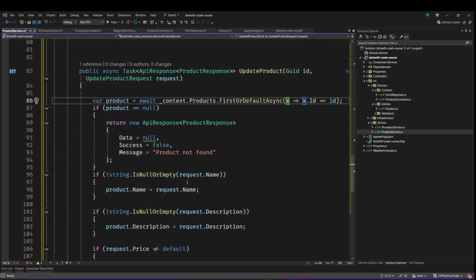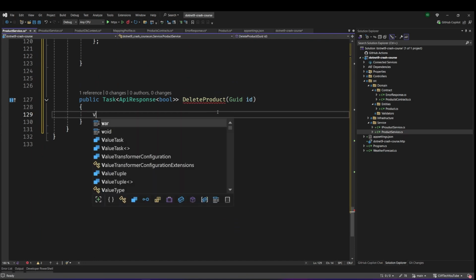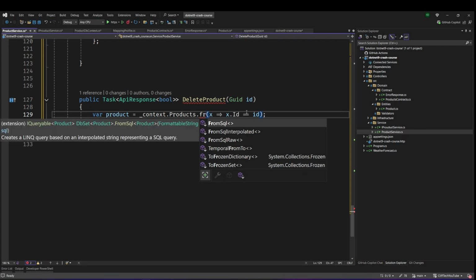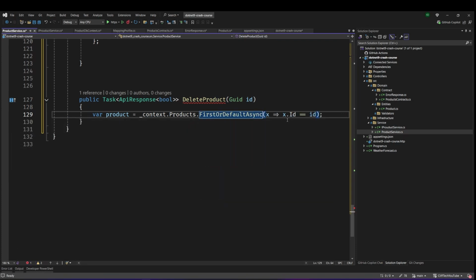So now, what about delete? If you want to delete, first of all we need to have the ID. So let's go to the database as we always do. We go to the database, and we always want to use the first default sync. I like that first default. Okay, first default sync instead. So we go to the database, and then we check if the ID that the user has entered